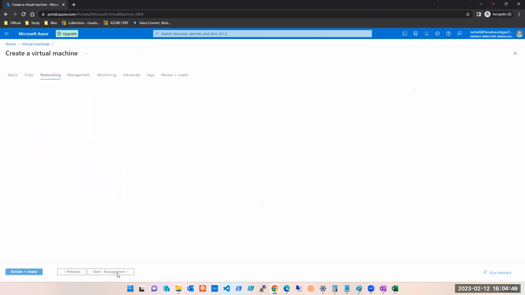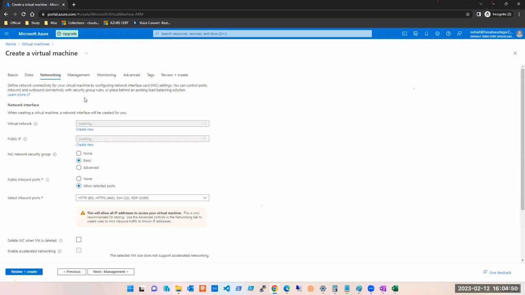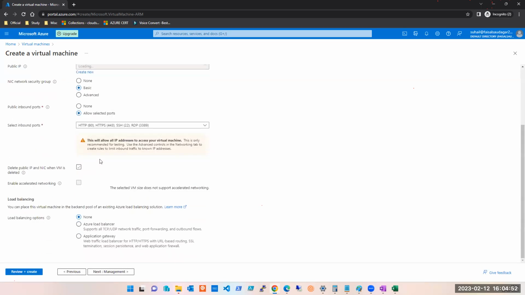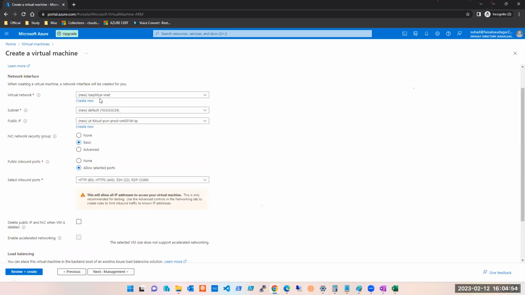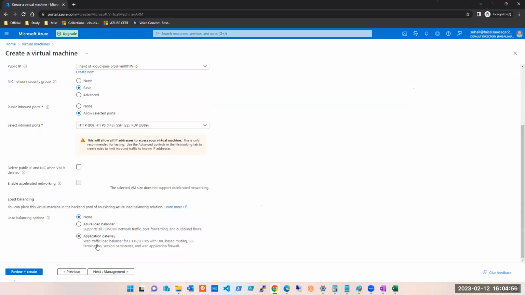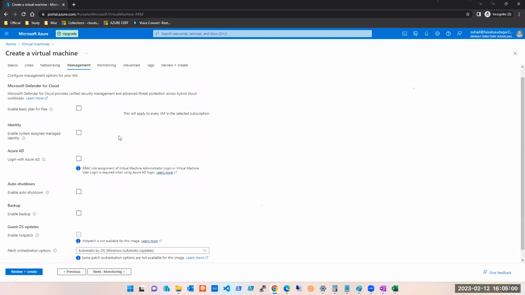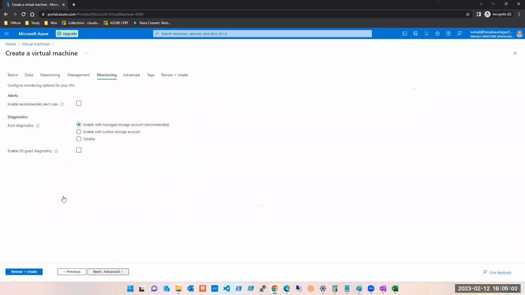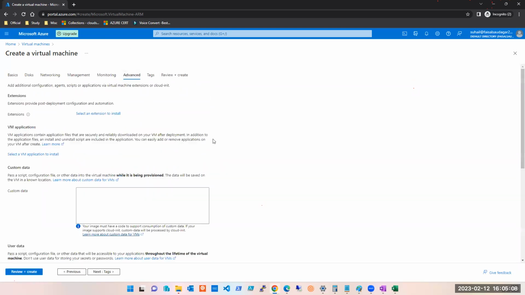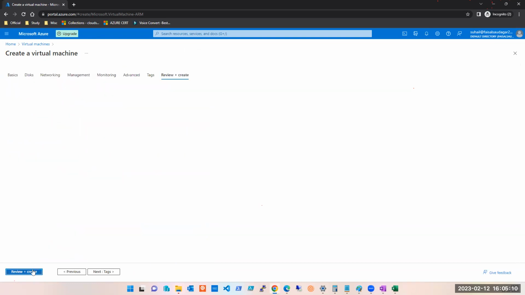Everything leave it default. Networking, everything leave it default. We'll come to that. We are going to understand each and every section of it. Do not think that I'm leaving it default. So what are we learning? Why am I leaving it like this? No, everything keep it default. I mean, you can directly go to review, but I'm just showing it to you. Advanced, keep it default. Whatever default is coming here, click on review and create, and click on